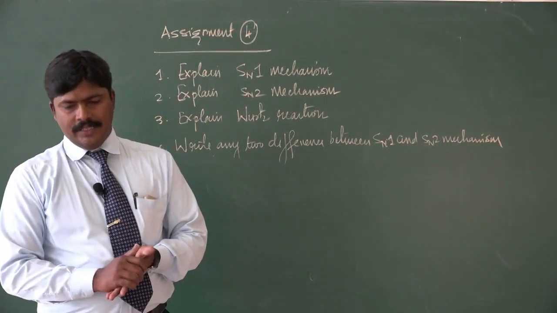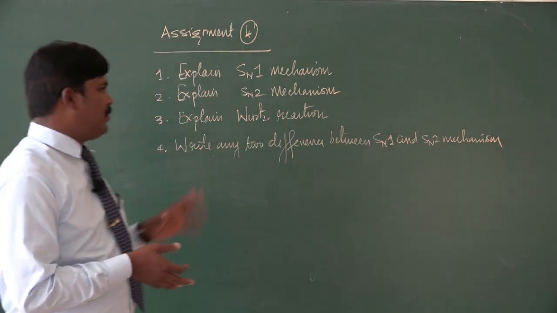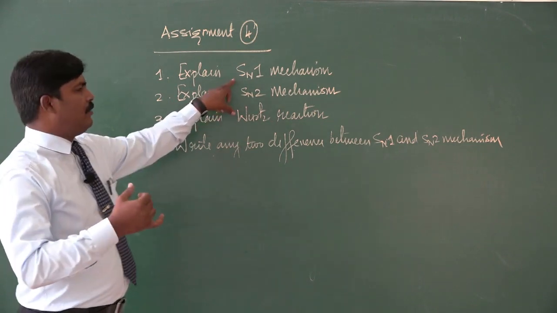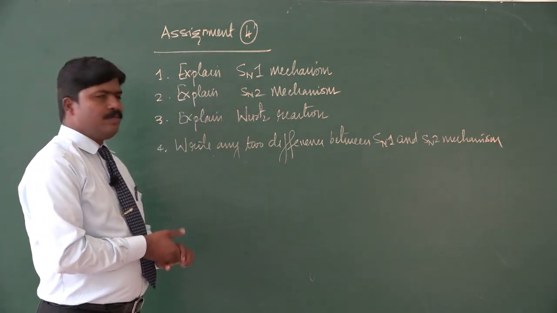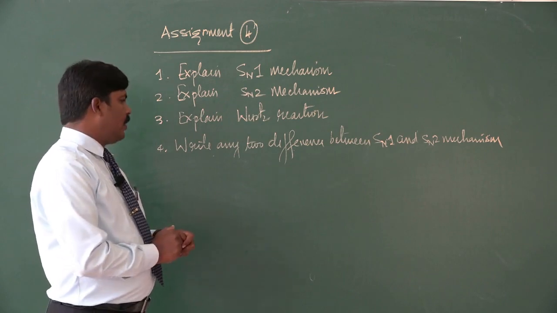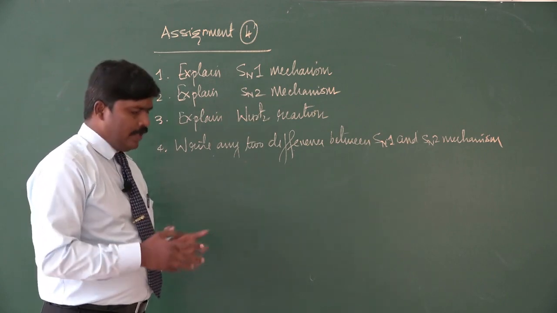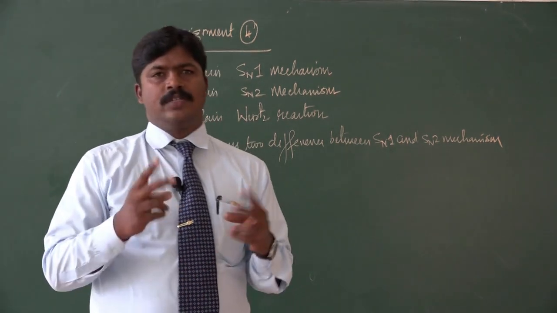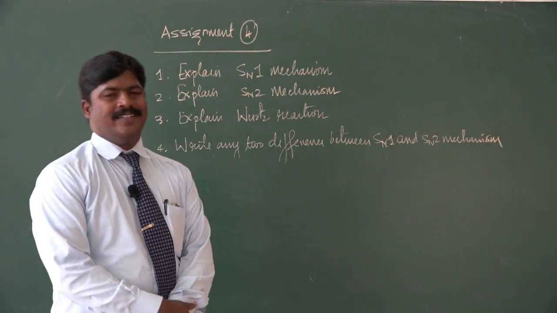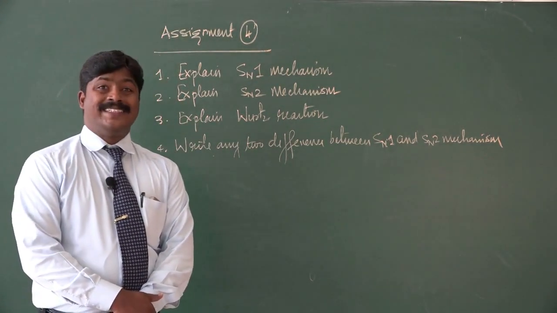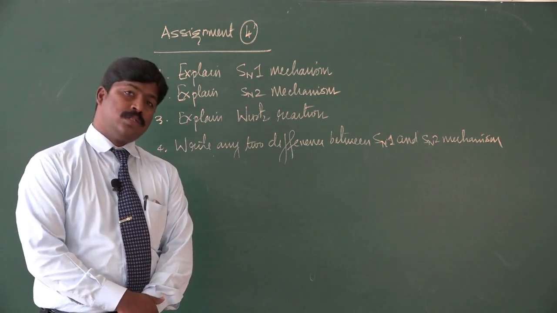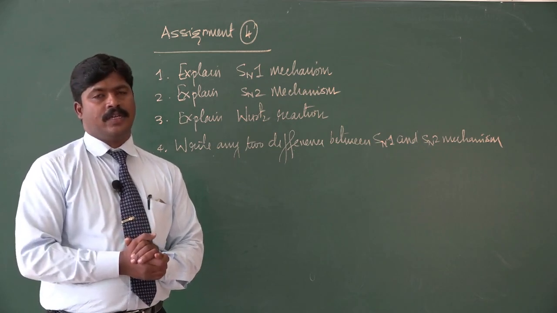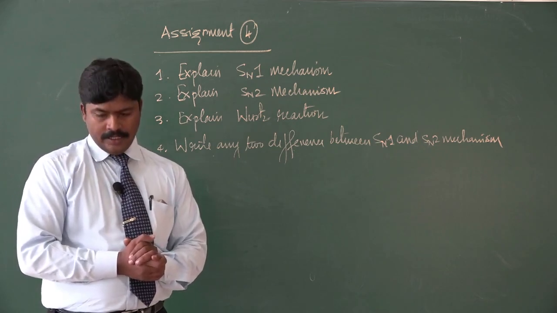As we are coming to the last part, the assignment, I'll give four questions here. Explain the SN1 mechanism and the SN2 mechanism, taking an example. SN1 I have explained to you all; for SN2, explain Wurtz reaction and write any two differences between SN1 and SN2. In organic chemistry we are dealing with mechanisms. Today I discussed two mechanisms, SN1 and SN2, applying the Saytzeff rule on elimination reactions, the Wurtz reaction, a named reaction, and the Grignard reagent RMgX. Of course, also the physical properties of haloalkanes.